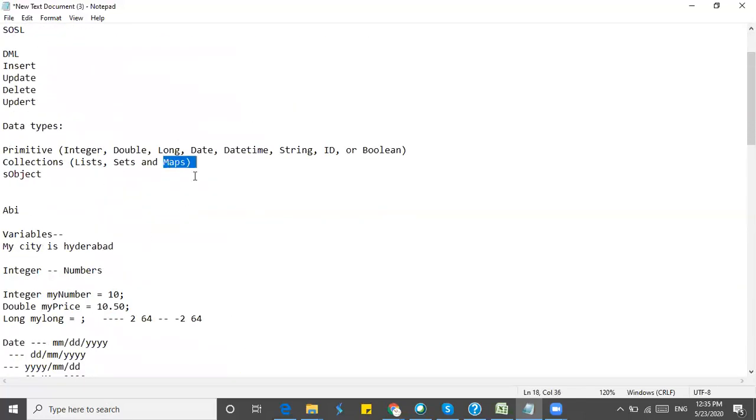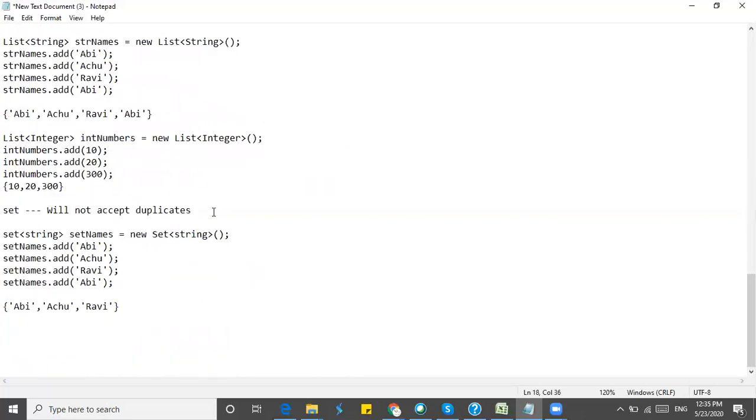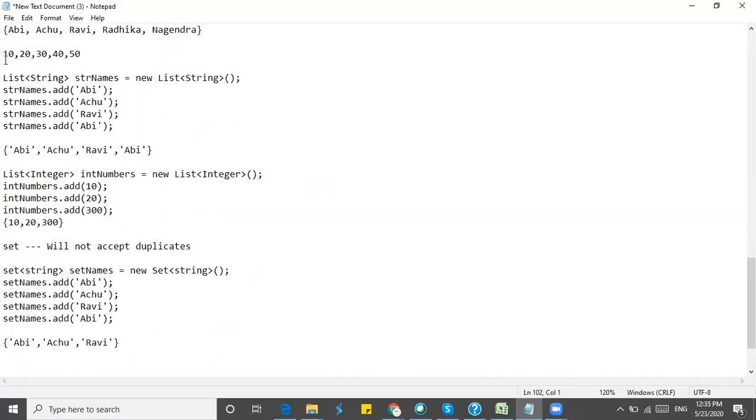And the third thing is maps. So a list will be storing the duplicates, and it will be single values, and sets also will be storing single values, but it will not accept any duplicates.